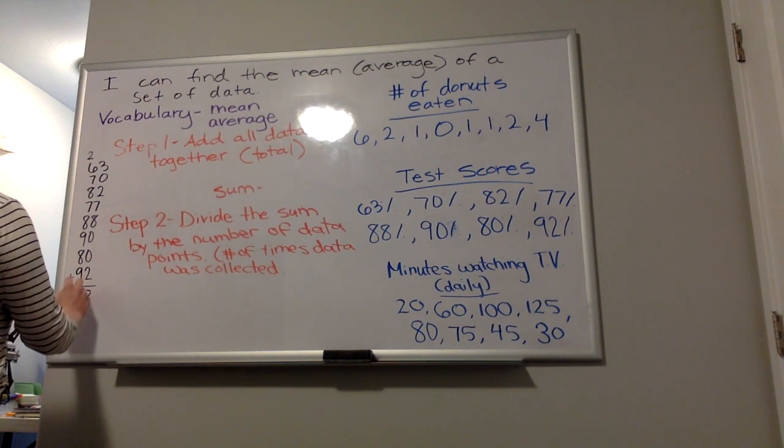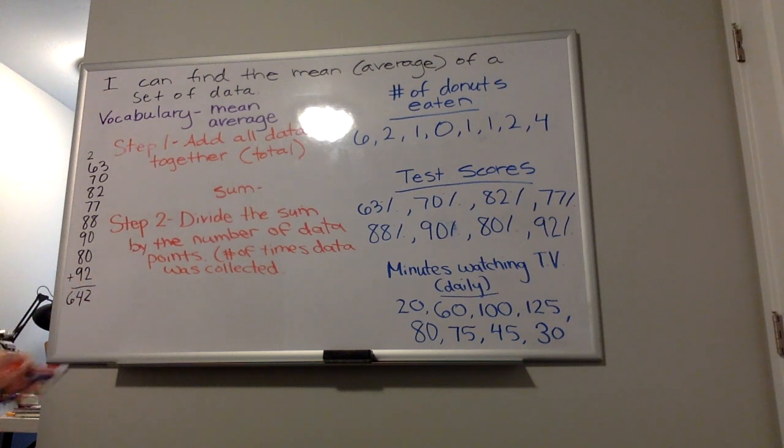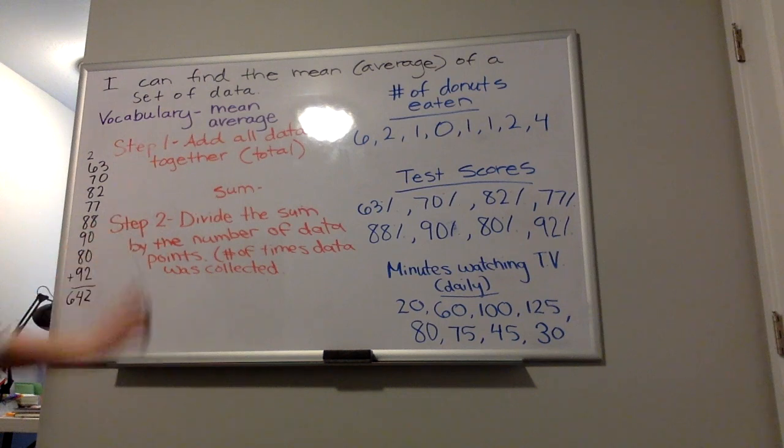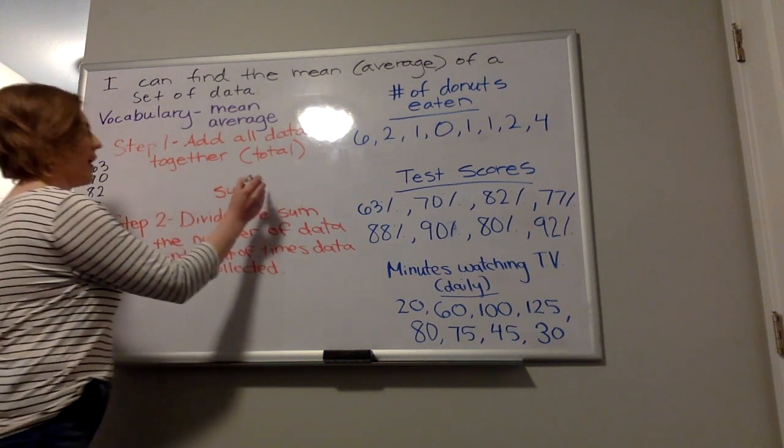I apologize if I get lost because I'm doing all this mentally. If I did something wrong, it happens. But I got 642. So if I get that as my sum,